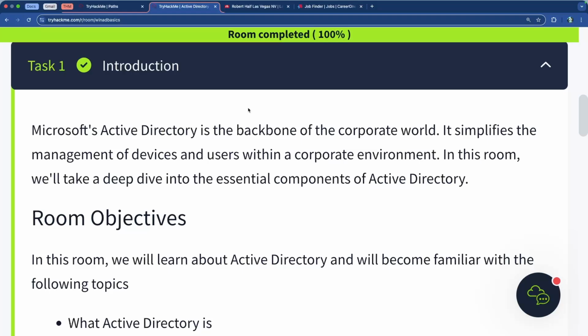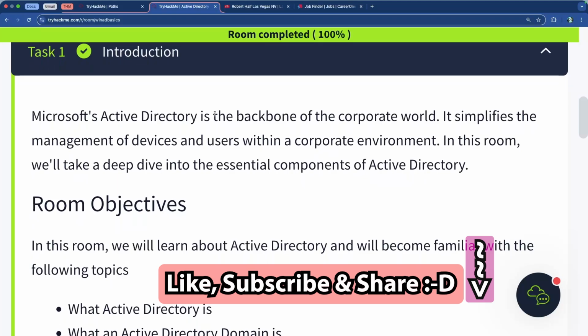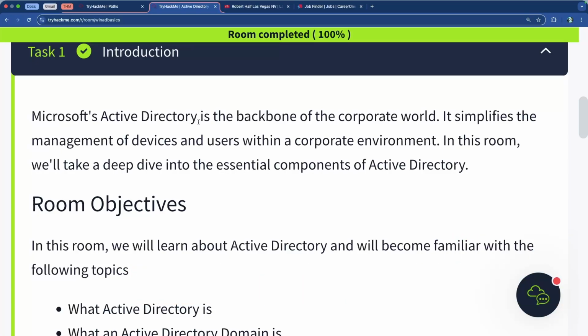So if you don't already know, Active Directory is the backbone of the world in enterprise and essentially any type of environment where there's a lot of users that need to be managed. Usually they don't use Linux or any other operating system for management of a lot of computers or a lot of employees, mainly because it's just so much easier and so much more convenient to do it with Active Directory. So Active Directory really is the backbone of the corporate world, if you just didn't know,